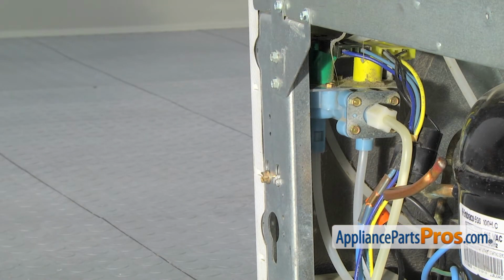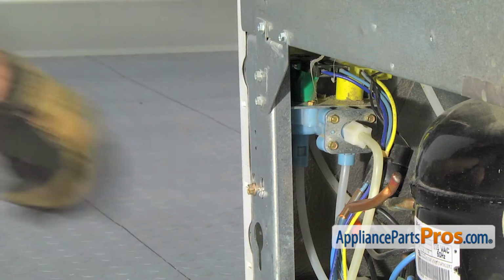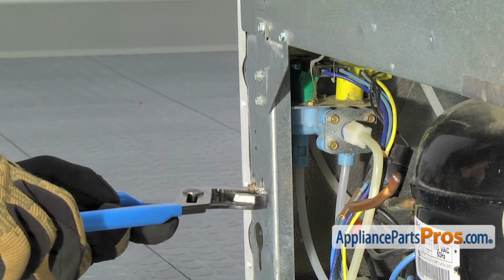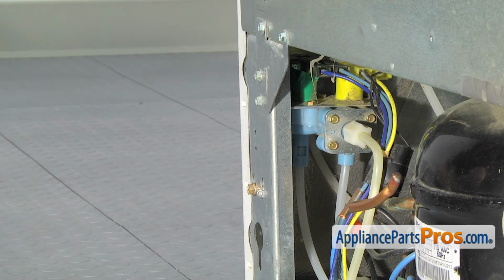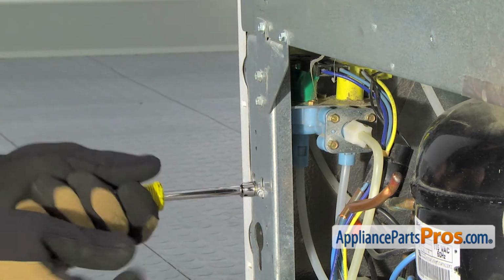With the access cover out of the way, first thing we're going to do is bend these little tabs out. These little tabs are just pressure fit. They help hold the valve in place. So we're going to take our pliers and squeeze them together to release the tension. Once you have those pressed together, we can take our 5/16 nut driver and remove the screw that holds in